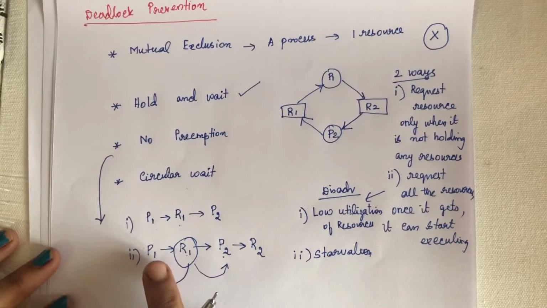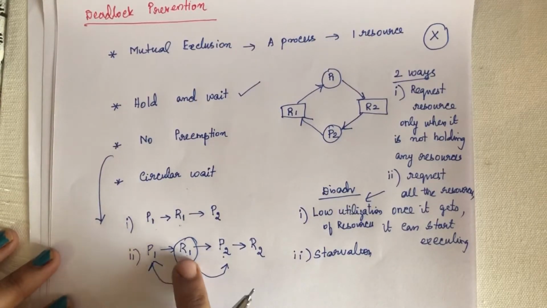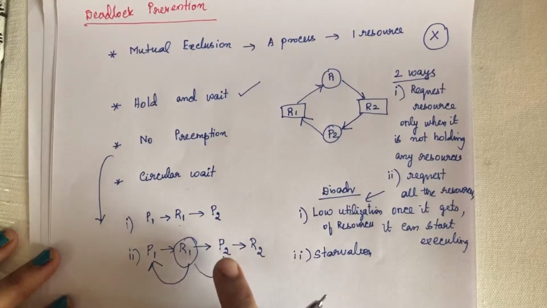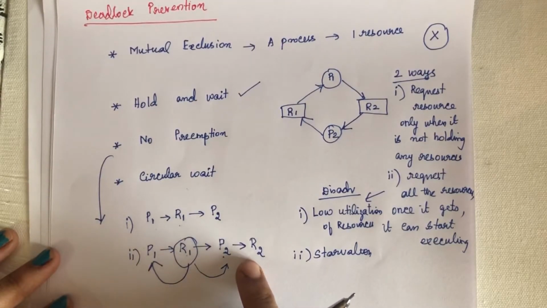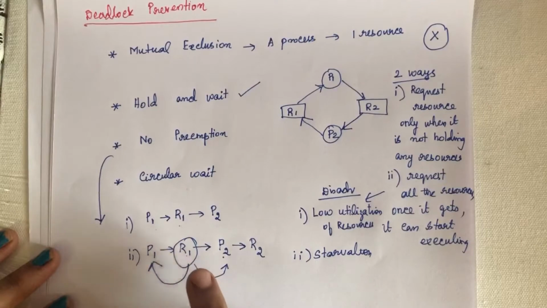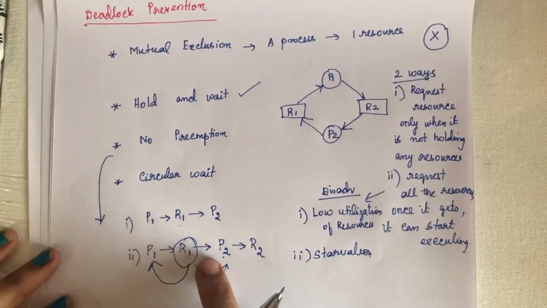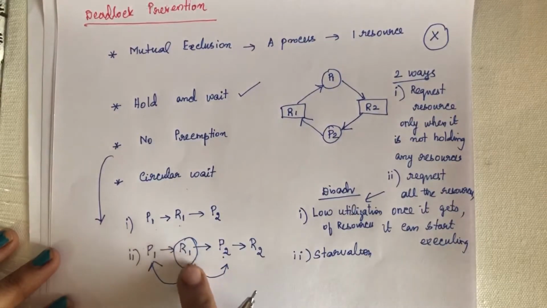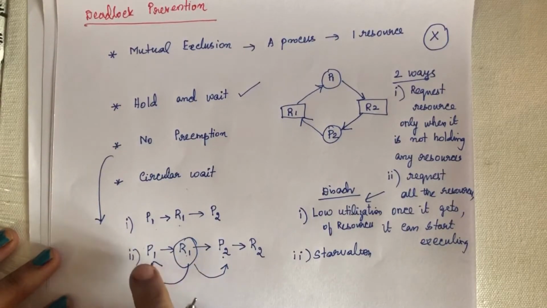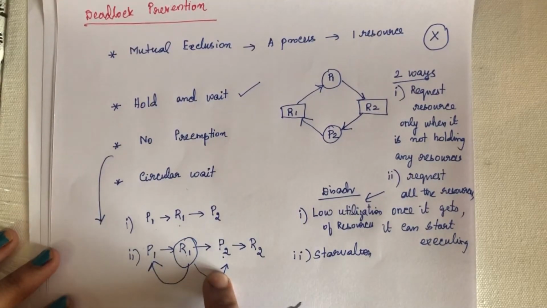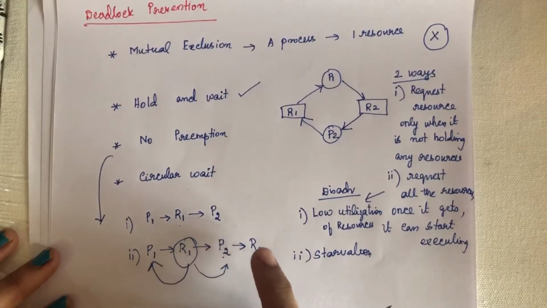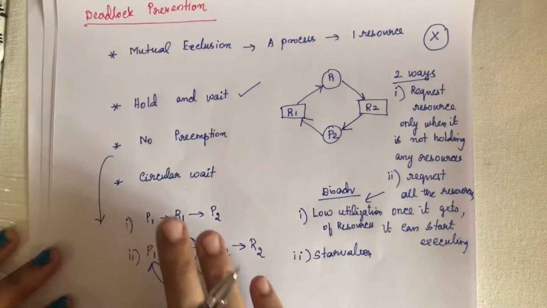So consider a situation where process P1 is requesting the resource R1, but this resource R1 is allocated to P2, and P2 is in a waiting state, waiting for the resource R2. In this case, the operating system will forcibly release R1 from P2. That means it will preempt this resource R1 and give it to the process P1. Now P1 can start executing, finish its work, and give R1 back to P2. By that time R2 will also be available, so we can avoid no preemption.